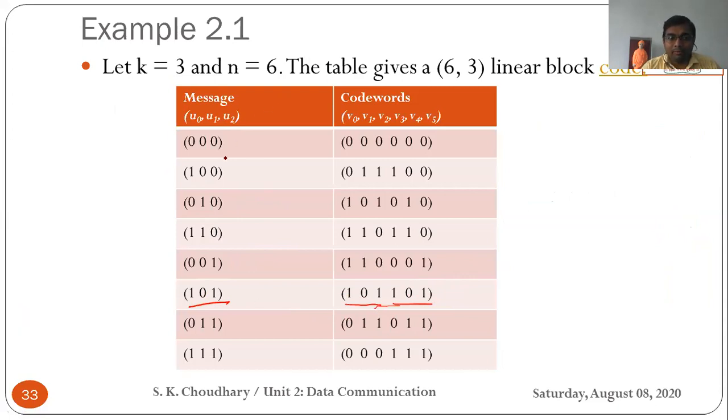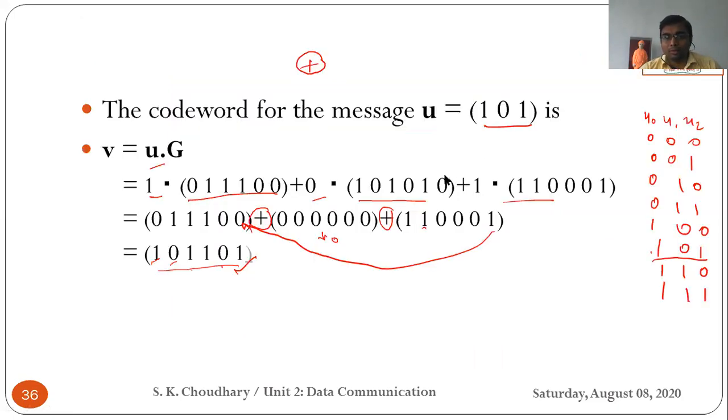Similarly, for each and every value you can generate the code word. In this question, the code word is already given and you just have to cross verify. But sometimes the question is simply to generate all code words of the 6,3 linear block code. At that time you have to use some different method. So this is how we generate the code words with the help of the linear block code. And this is the section of the transmitter only. So in the transmitter we generate the code words.